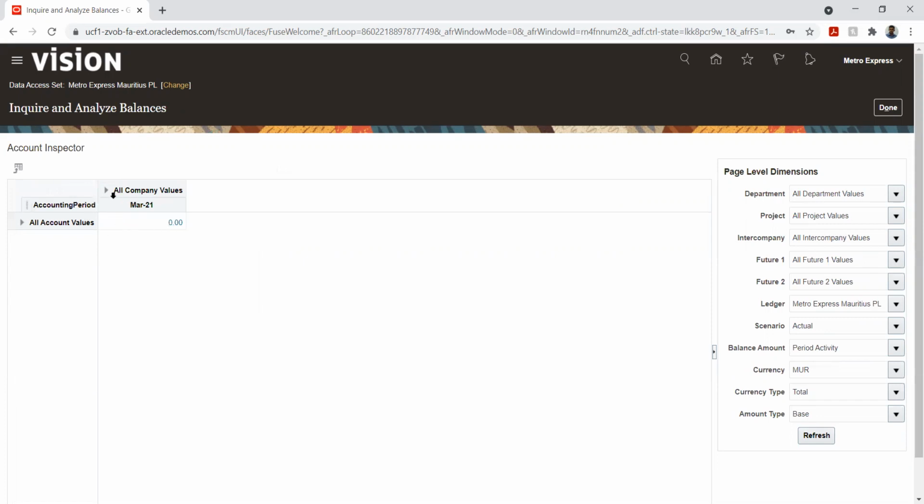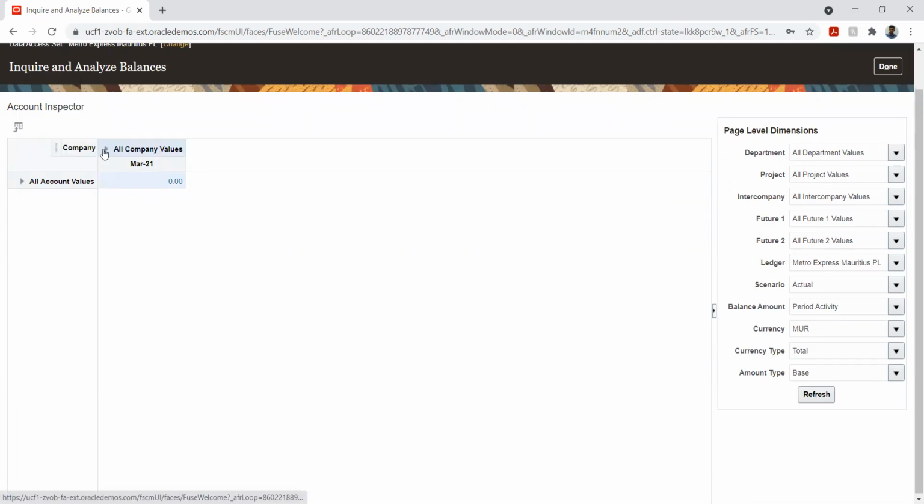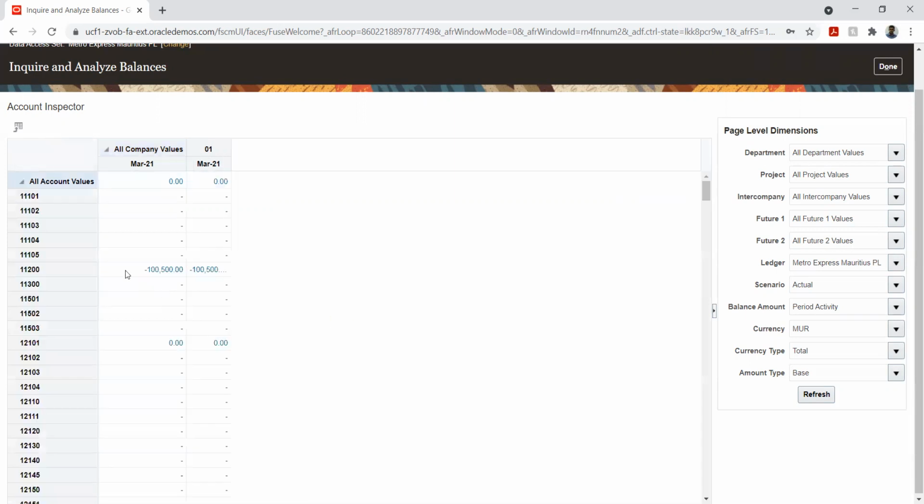Now we can see the list of values. The value that we have added here is only one, so we have only one value under this. Let's say I have 10 different company values, then I will have 10 different ones here, based on whatever list I have. Now if I want to understand this particular company, that is 01, what account codes have been affected can be seen through this option.